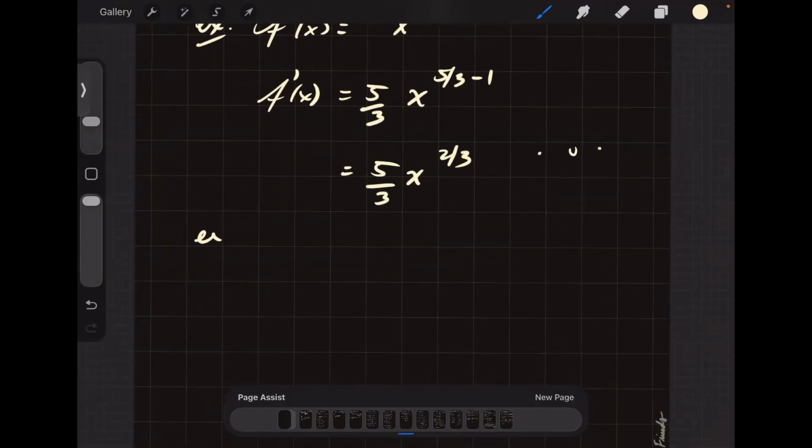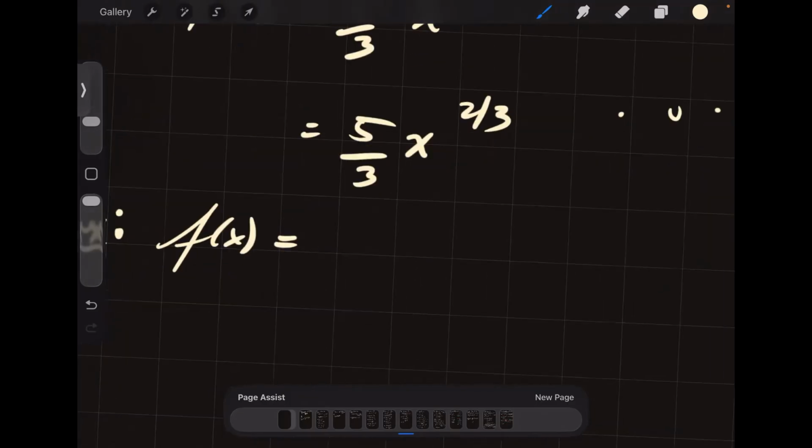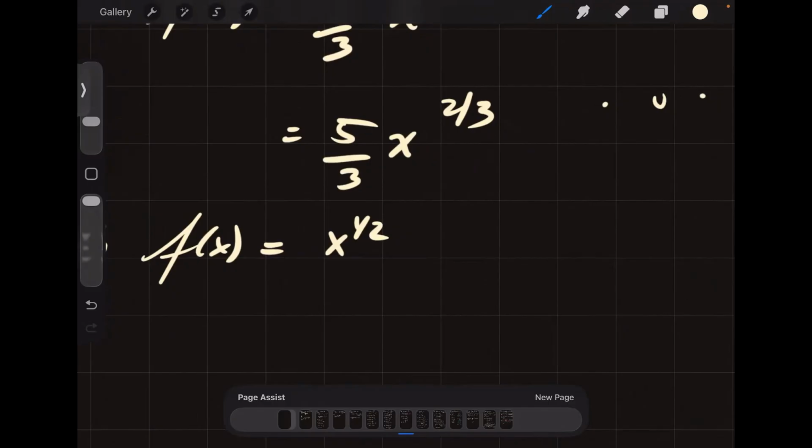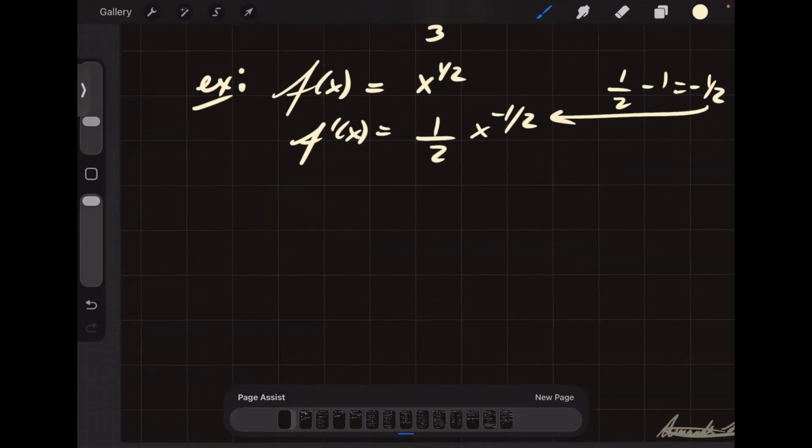But what if f of x is equal to x to the 1/2? Then f prime of x is going to equal 1/2 x to the negative 1/2, right? Because 1/2 minus 1 is equal to negative 1/2. Right? But what if